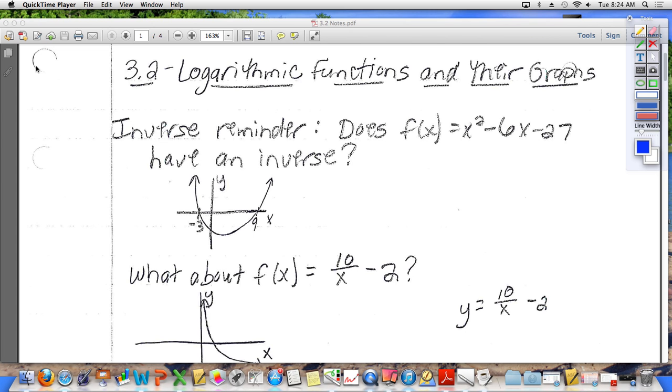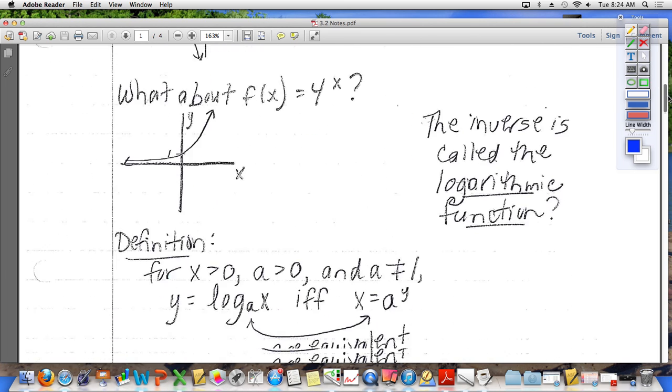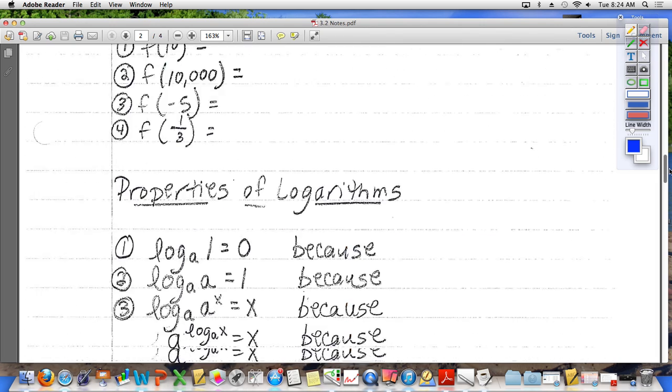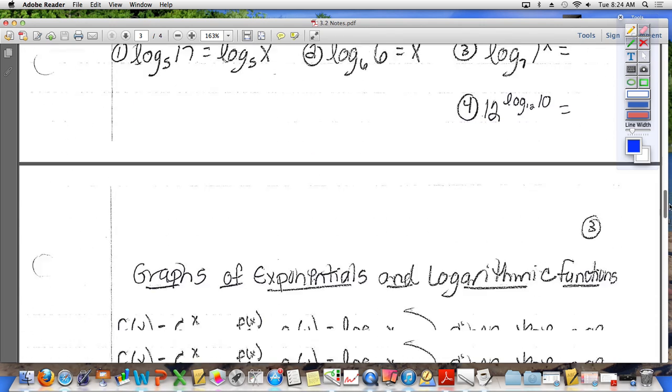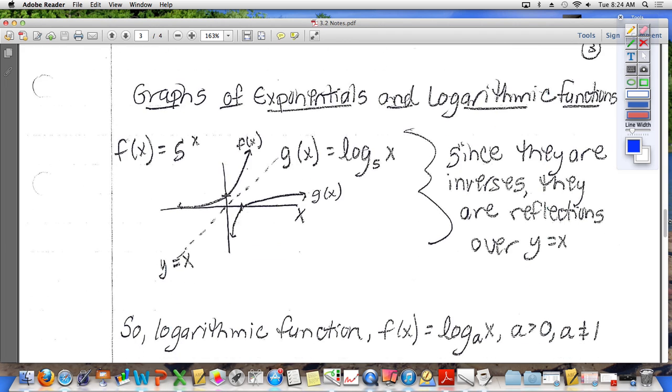Section 3.2 continued from yesterday, and this isn't going to take long today. We're going to get through this pretty quickly. We talked about all of this stuff. We got through this page, and I believe right now we are right on page 3. We're only going to do page 3 today. I think we'll save page 4 for another day. But for right now,